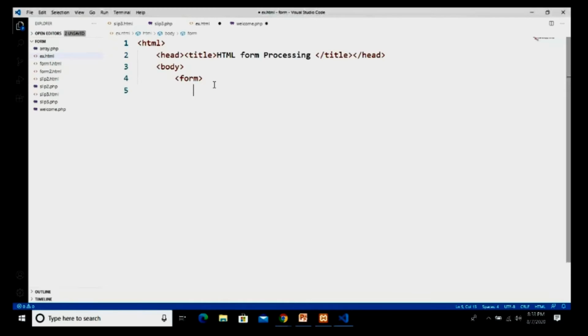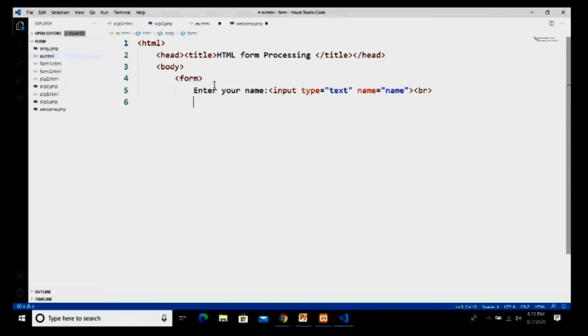Now in the form, I want two text boxes. For example, enter your name. I take an input tag with type equal to text and name equal to name, then a BR tag, that is a new line.